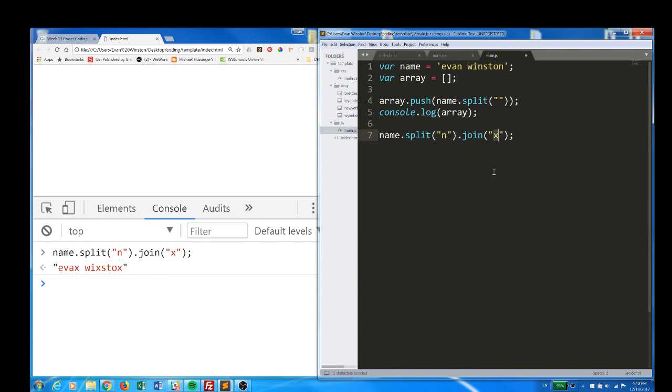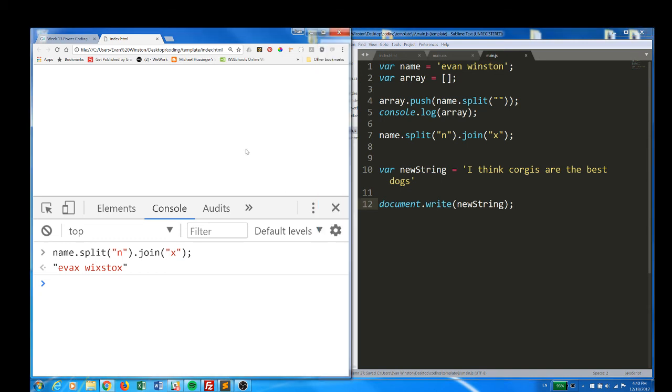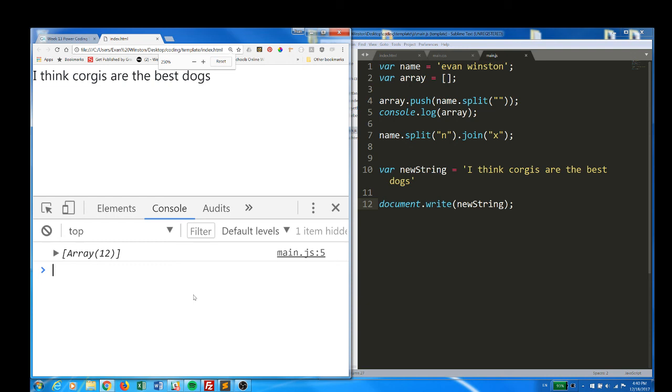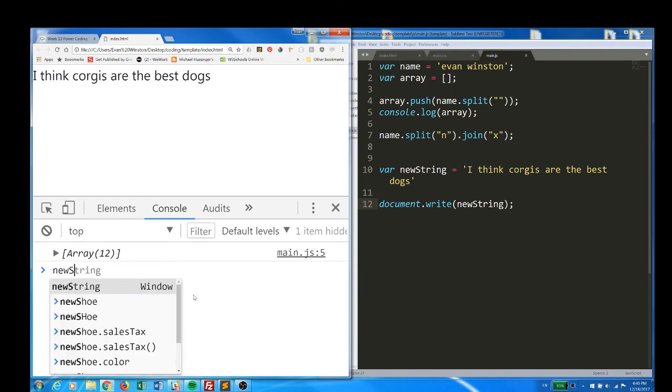Also a very useful thing to do. So let's say we have a string that is some kind of sentence. I think corgis are the best dogs. And document.write new string. So now my web page says, I think corgis are the best dogs,